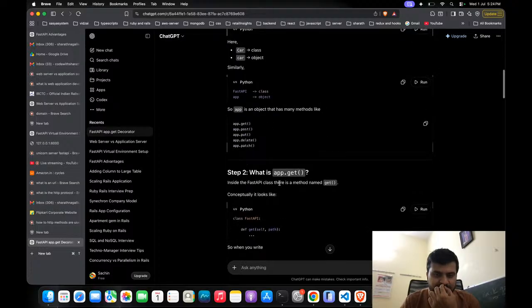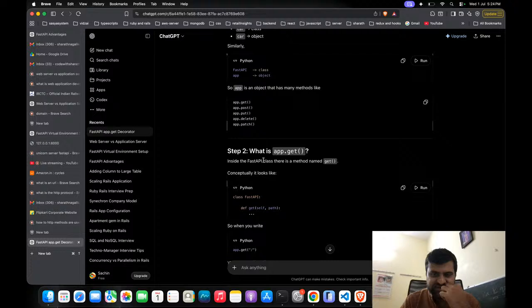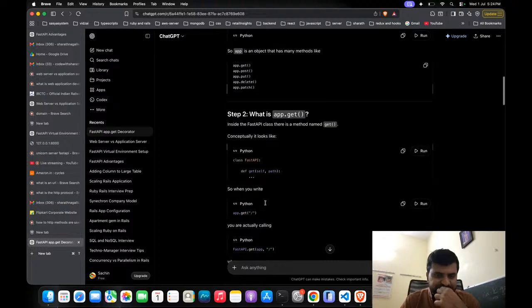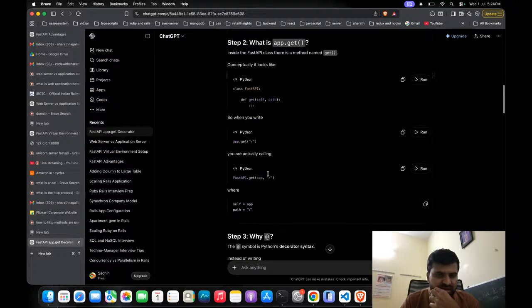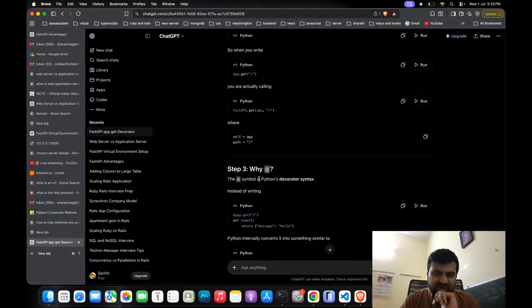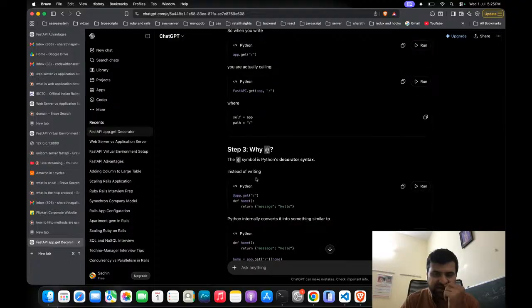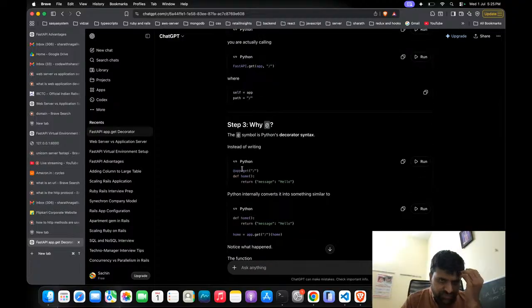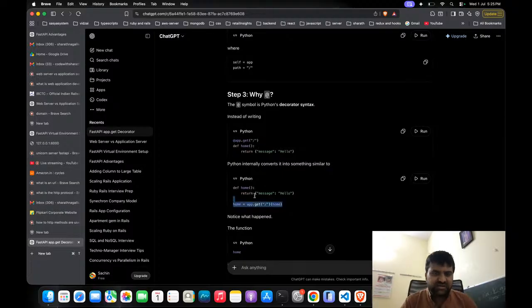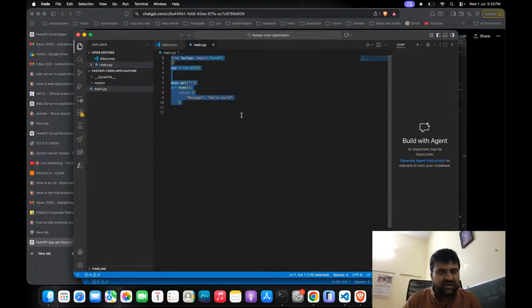What is app.get? Inside the FastAPI class, there is a method called get. So you have written it, and you are actually calling FastAPI.get. Why? The @ symbol is a decorator syntax. Instead of writing it the long way, the @app.get decorator does it internally. So @app.get with def home means, under the hood,